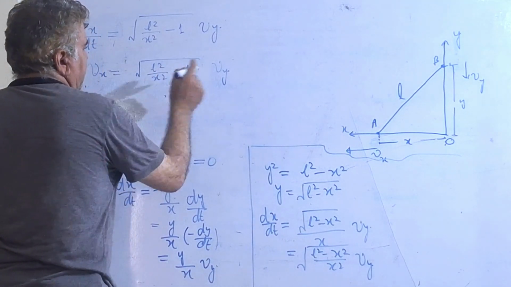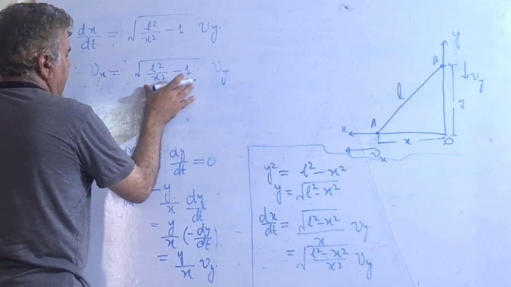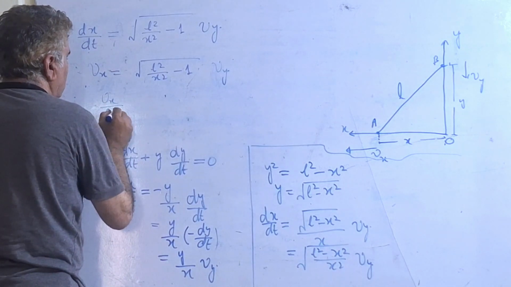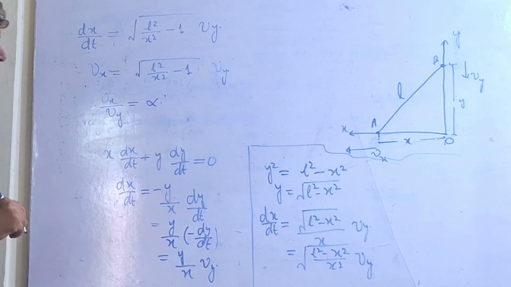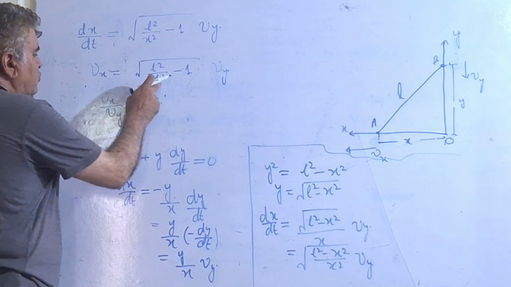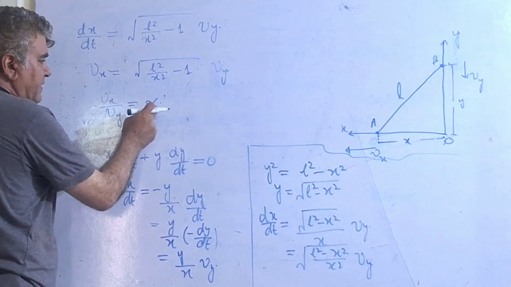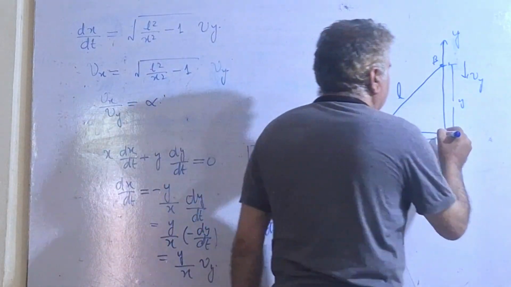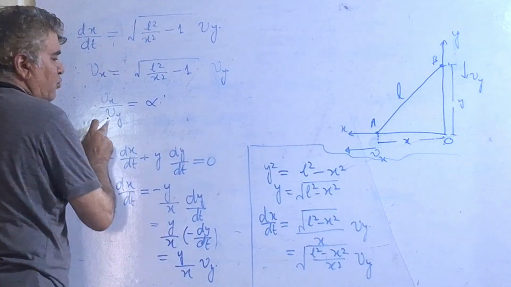And this equation then says that this side is infinity. So I can write this as vx over vy would become infinity. That means when x is equal to 0, vy would be equal to 0 only, then this thing would go to infinity. So if we place the rod right vertically, there will be no slipping then, and vy would be